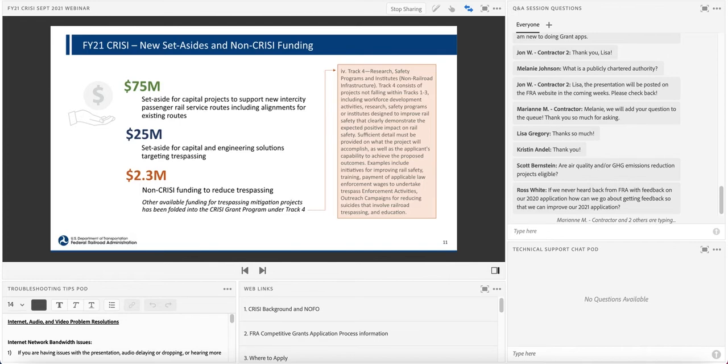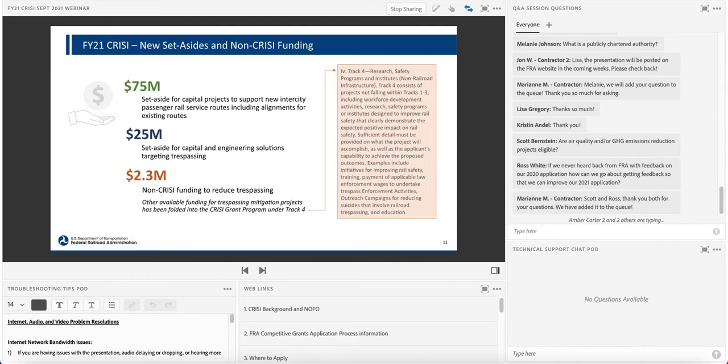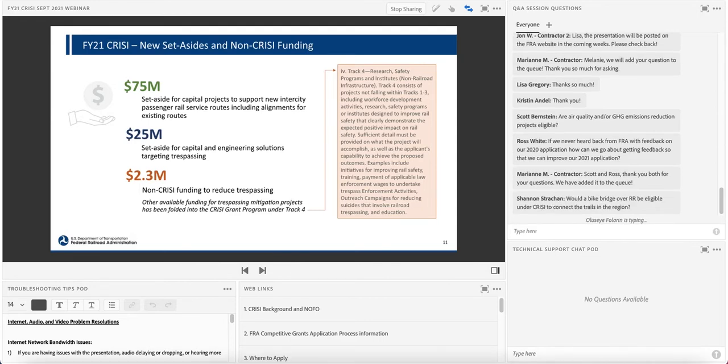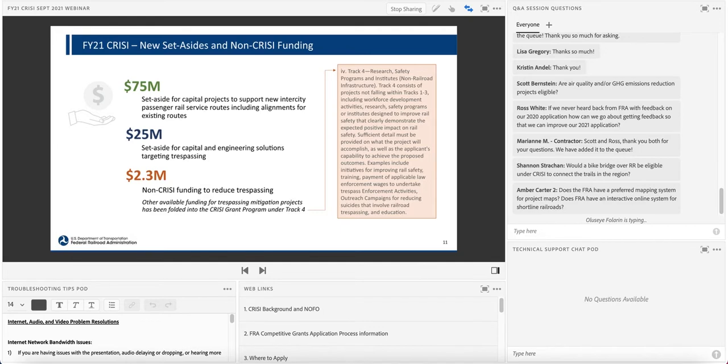There's $75 million set aside in this NOFO specifically for capital projects that support new intercity passenger rail service routes, including the alignments for existing routes. There's $25 million in CRISI for capital projects and engineering solutions targeting trespassing, which is a new set-aside. We haven't seen this before from Congress. And we are also, as I mentioned earlier, rolling in some non-CRISI funding